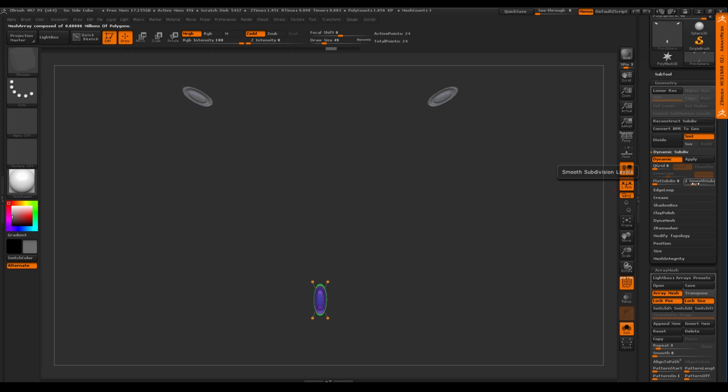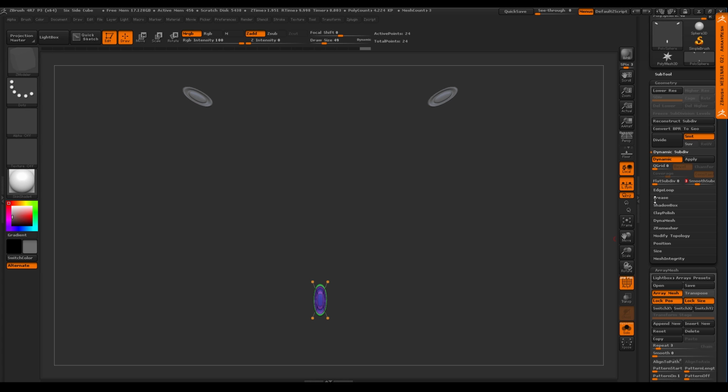So I want to control the smoothness here. I want to say how many times to divide in preview. You see the higher I put that, you can see up here how smooth it gets. If I drop it down, it's not as smooth. So what Dynamic Subdiv is doing is showing you a preview of what it would look like if I actually did subdivide this 3 times.